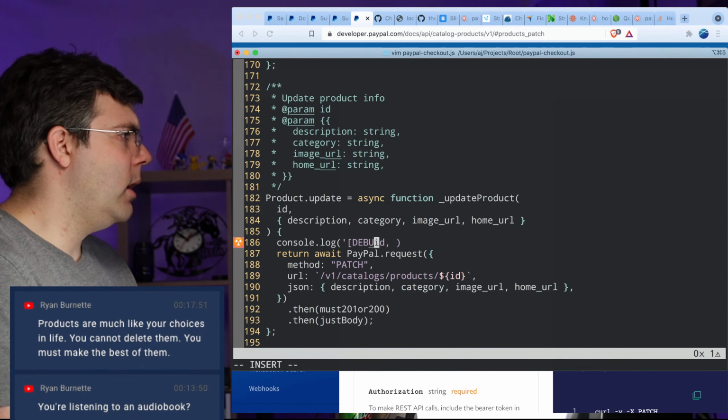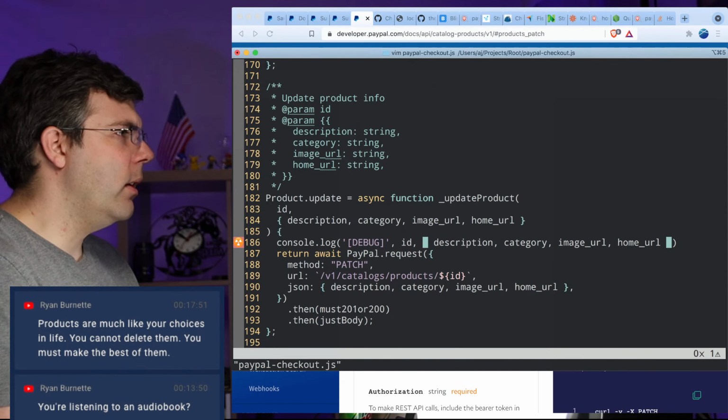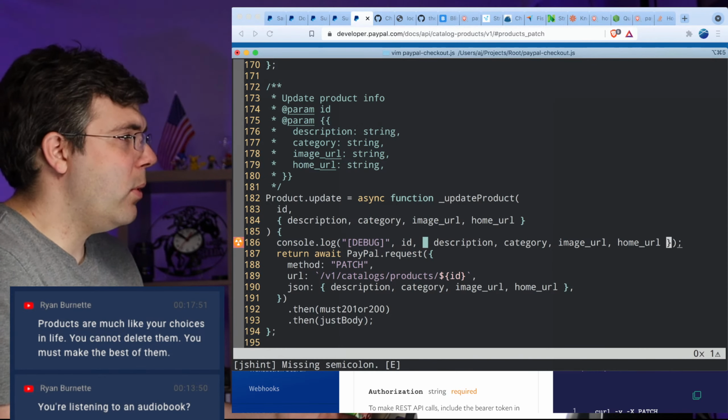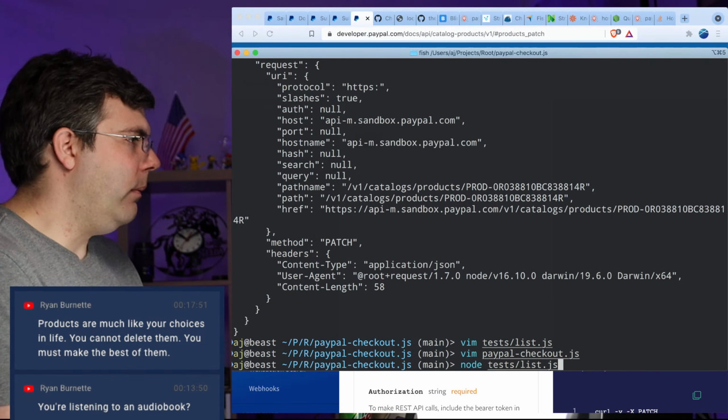So let's just put a debug here and see what I can find. I'm not going to spend too much time on this because there's other things I want to get to, and it's not really that important that I be able to update the description of something. I just kind of want to be able to do it.